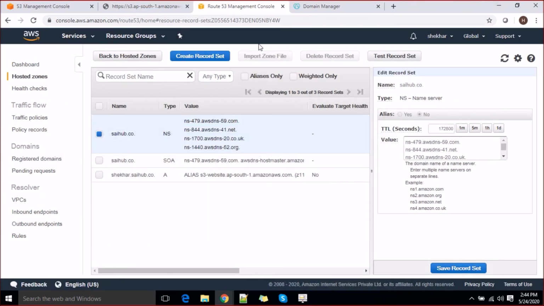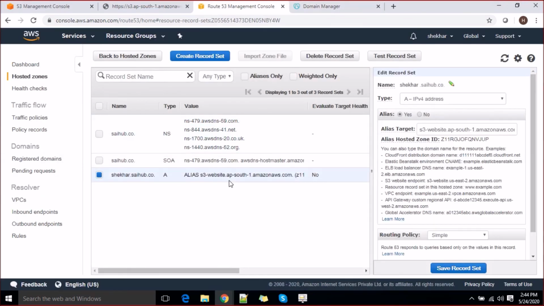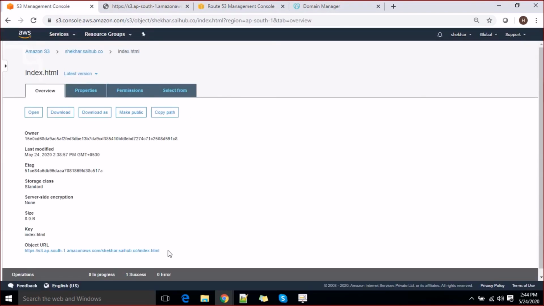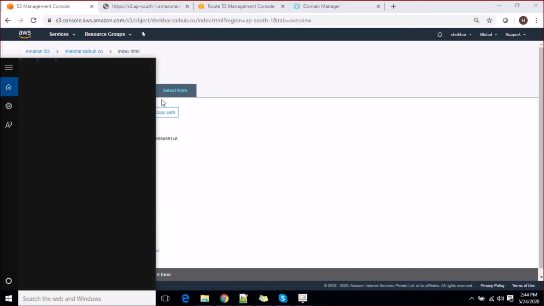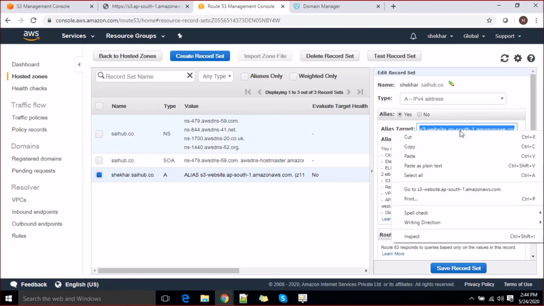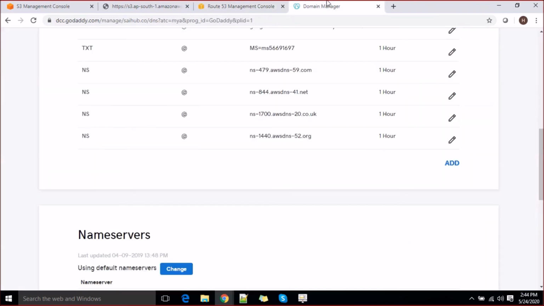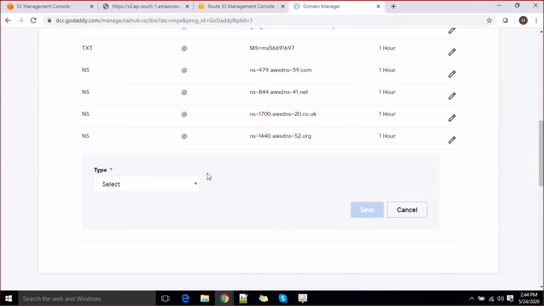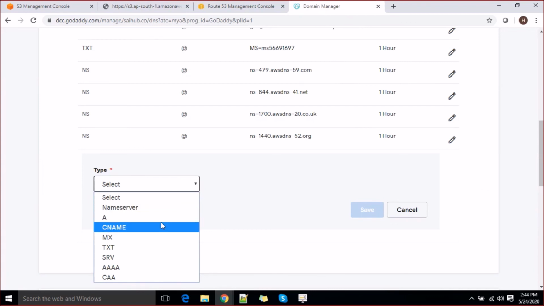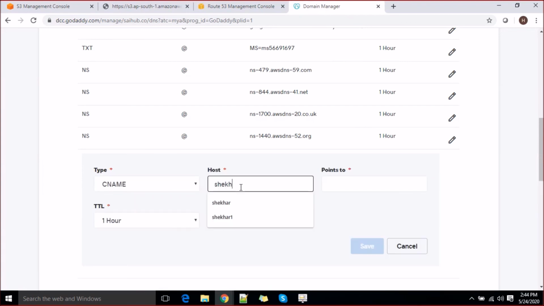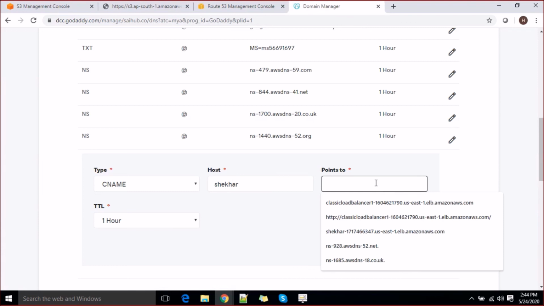Meanwhile, what I'm doing is quickly adding this endpoint also, right? Whatever endpoint I have selected here, or I can directly go to my bucket here, choose this endpoint and redirect it there. So let's take it from here itself, target alias, and create one CNAME record here. CNAME, we call it Shaker, and I want to point it to this, right?